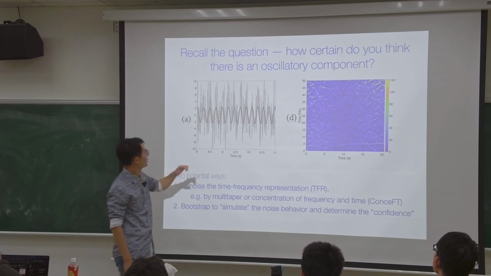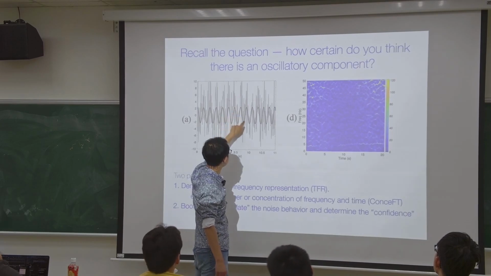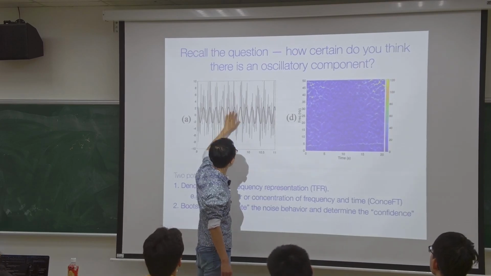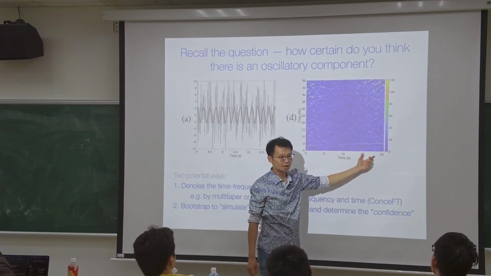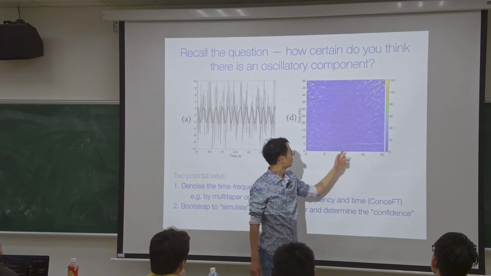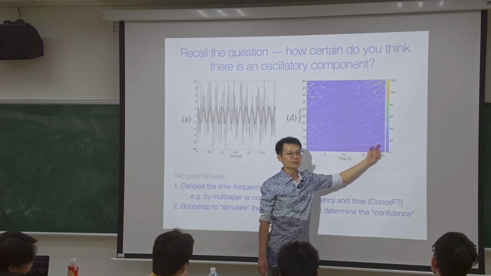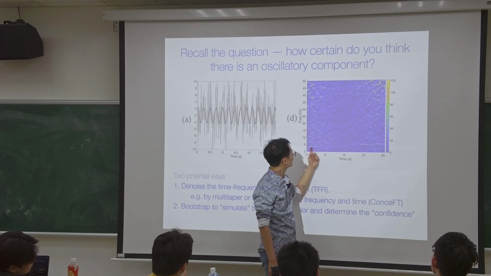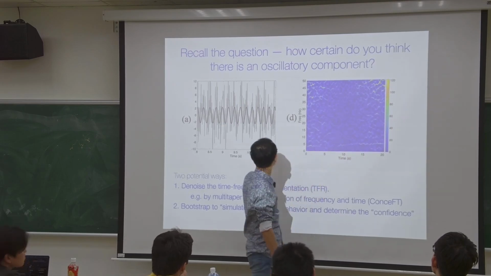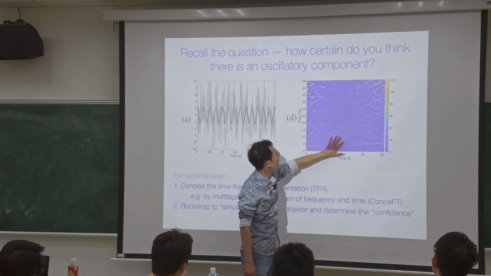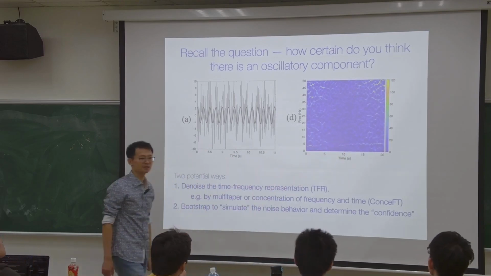Recall, I gave you the signal. The black one is the clean signal. The gray one is a noisy signal. On the right-hand side, you get this. So can you answer me, what do you see? Do you think there is a curve here? Isn't this too crazy to say there is a curve? But there really is a curve here, trust me, because this is the signal I generated, but the noise masks some structures. How do we quantify its existence?